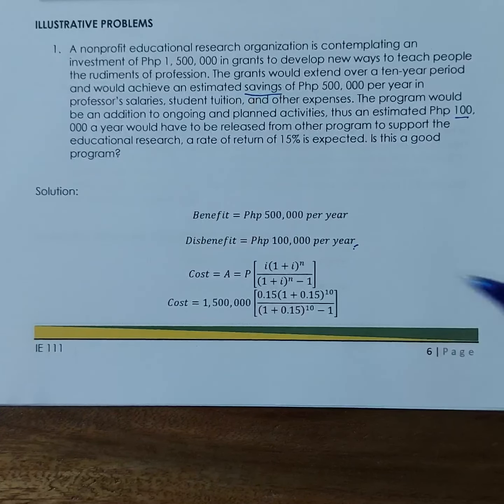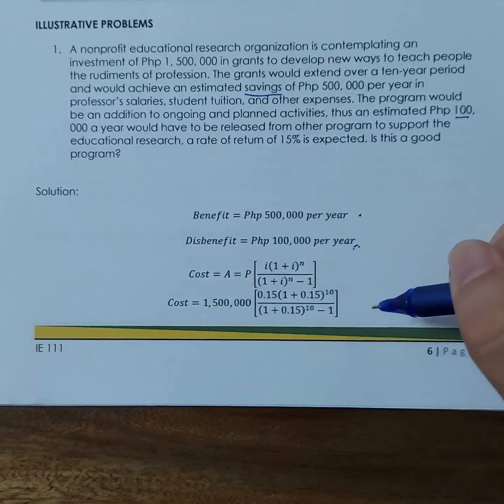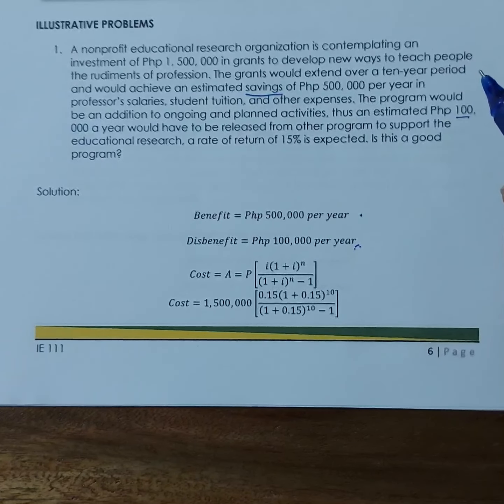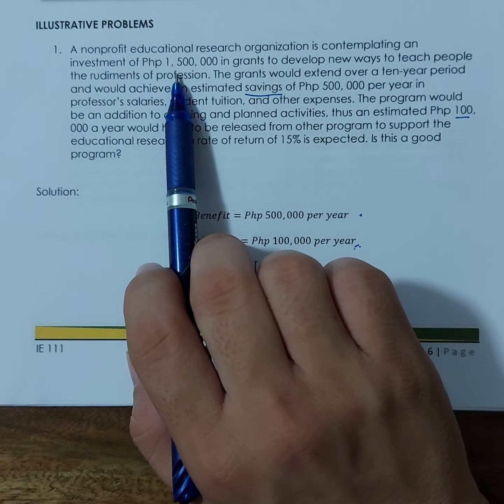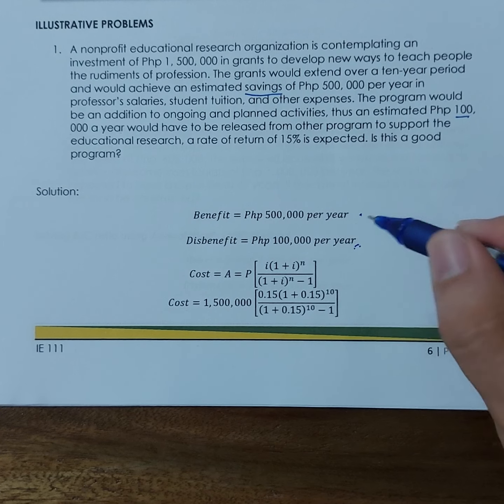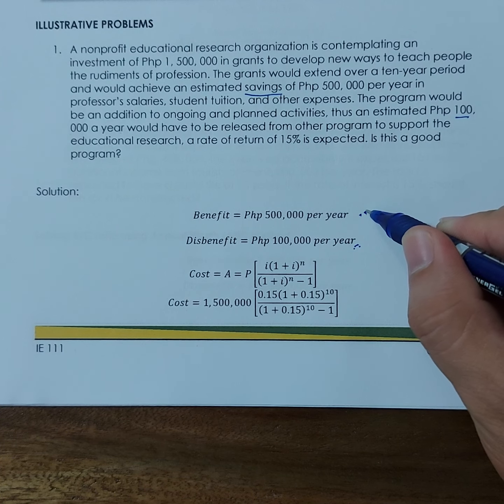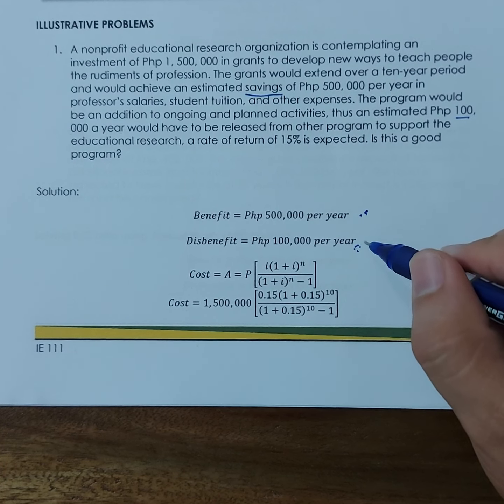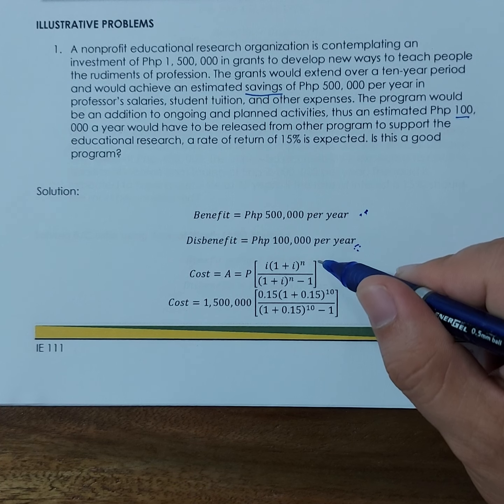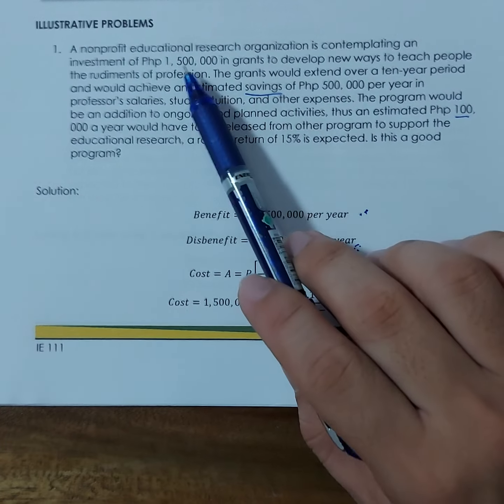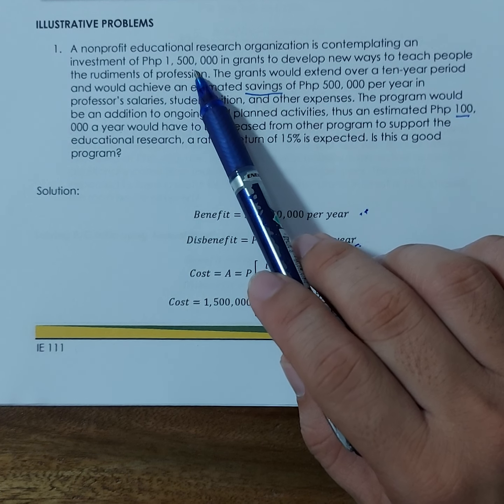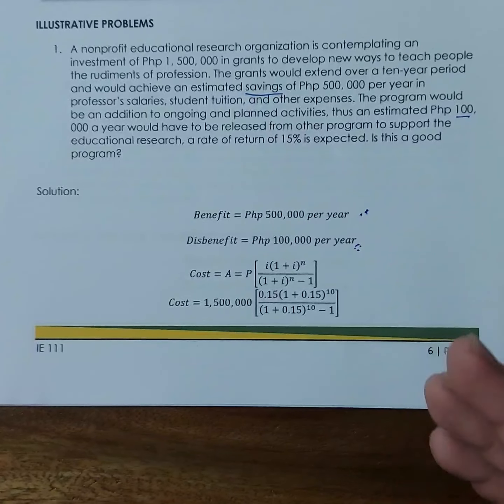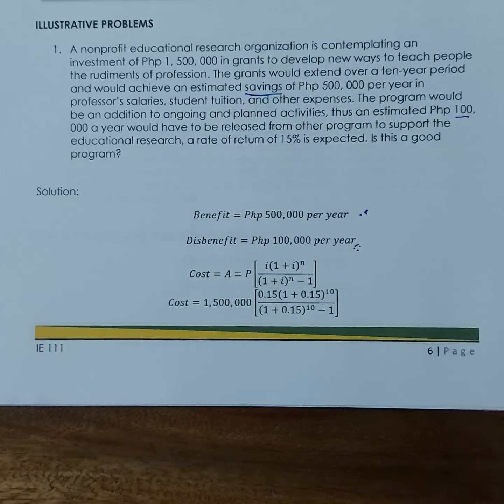Next, so we have the benefit, this benefit, and the cost. Yung cost natin, magkakaroon tayo ng initial investment na 1,500,000. So take note, per year ito. Yung benefit natin is per year. Ang this benefit natin is per year din yan. So might as well convert yung cost natin since one time na investment ito. So one time to na. So we're going to convert it into a yearly basis para yung unit natin should be per year. Or you can also